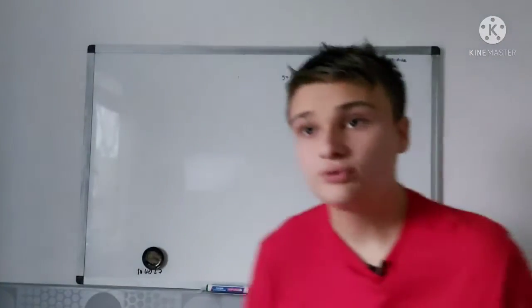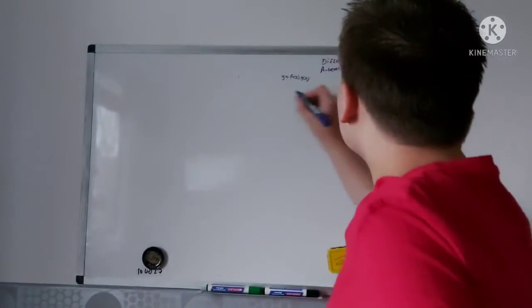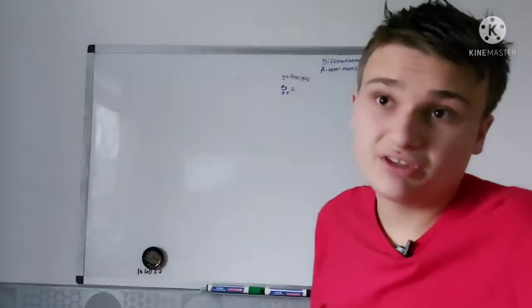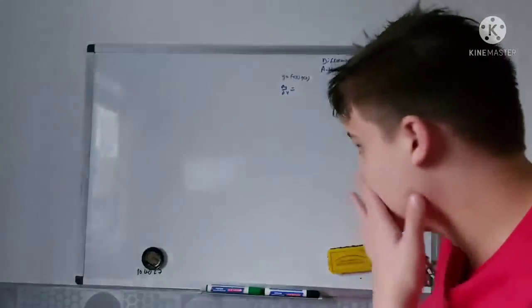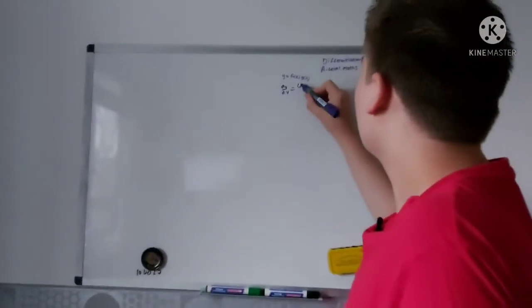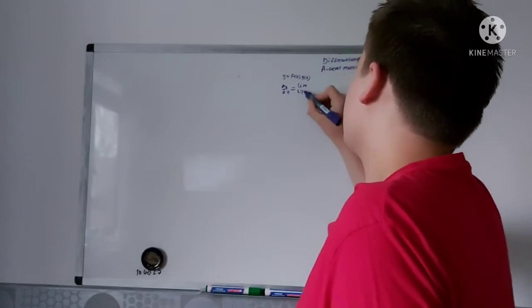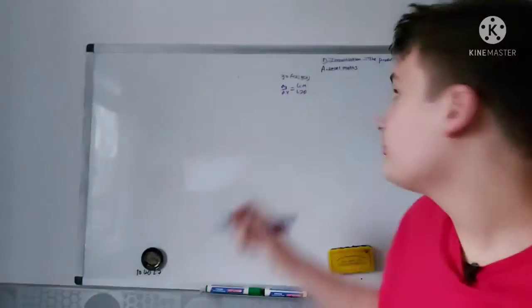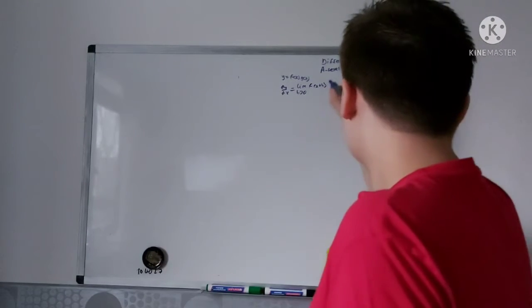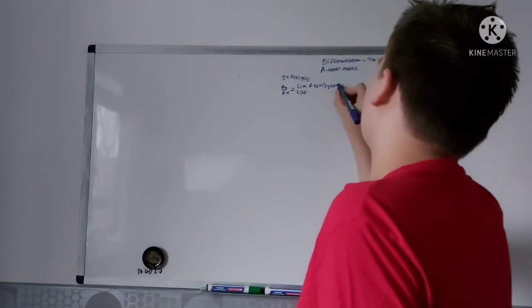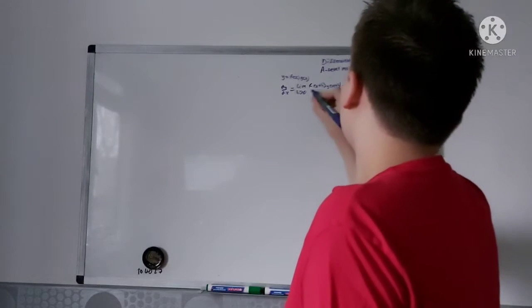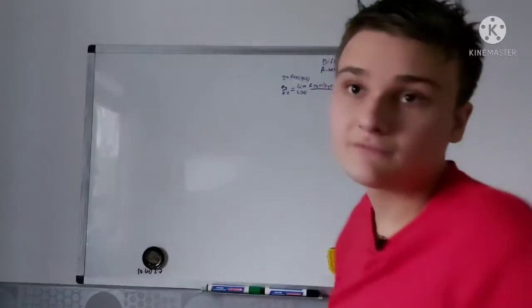In this video, I'm going to prove to you the product rule. So, we've got two functions we multiplied together. I think the best way to do this is to use the limit from first principles, which is the limit as h tends to 0 of f of x plus h, g of x plus h, minus f of x, g of x, all divided by h,